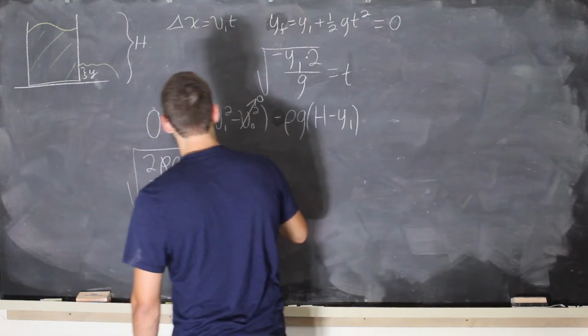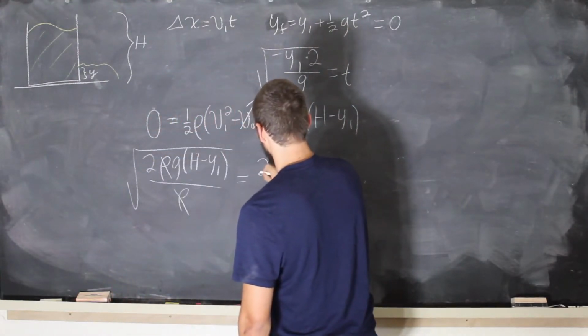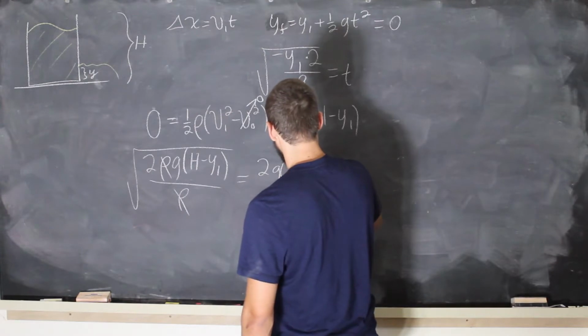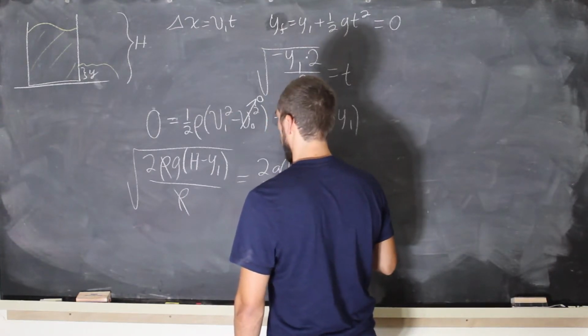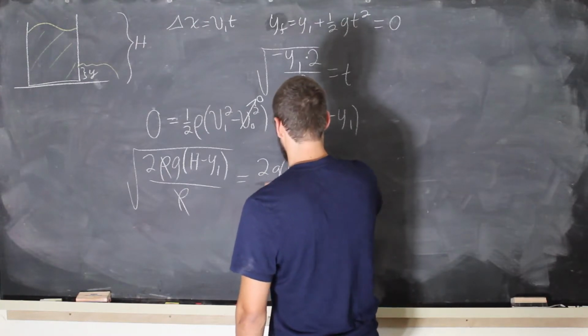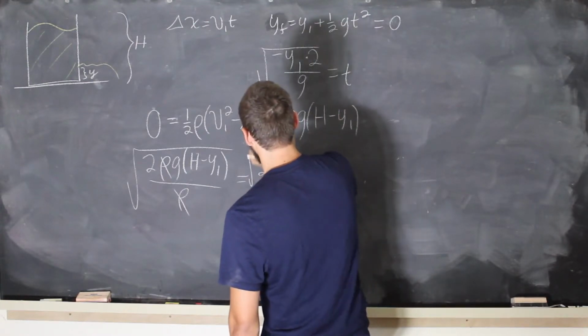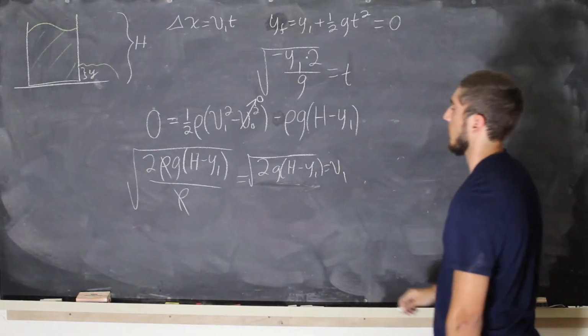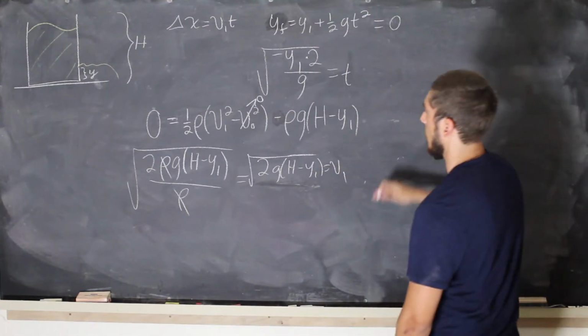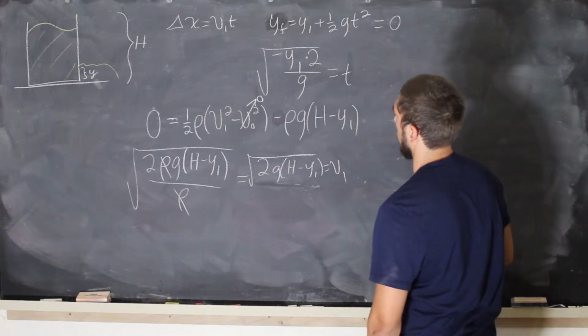Rho goes away, and we're left with 2g h minus y1, just the square root, equals v1. And now we're going to multiply v1 and t, and since these are both under the square root, we could just multiply them like that,